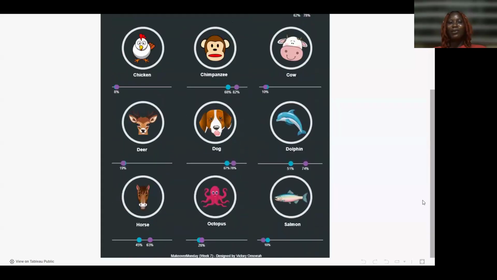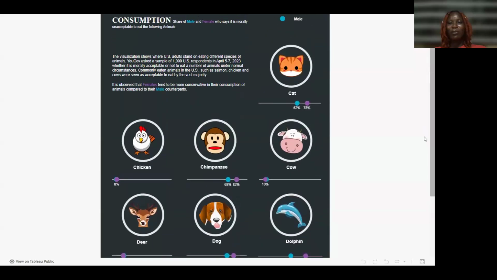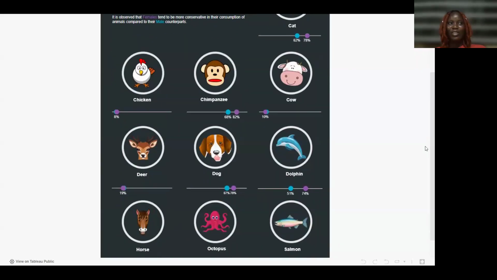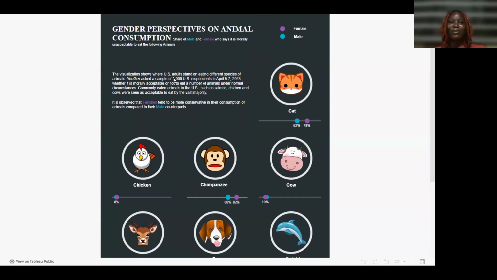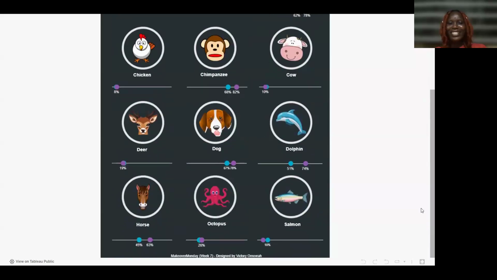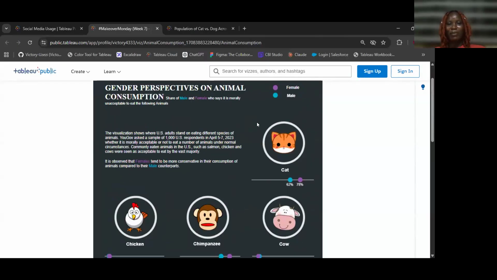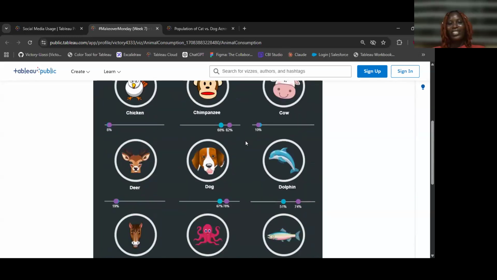So yes, I was able to represent this, and this just helps you see a clearer picture other than just having it in a spreadsheet like I showed you earlier. But seeing a picture of a chicken percentage, all you need to do is just go around this, read it, and the insights come in a matter of minutes. So yeah, that's for the perspective of animal consumption.